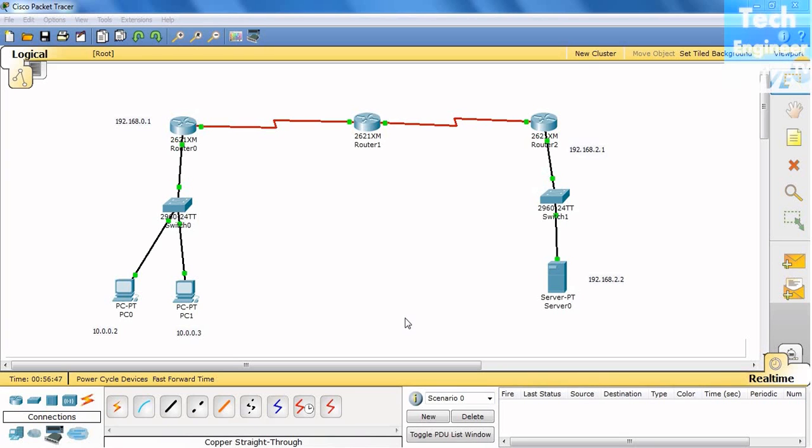In this tutorial, I'm going to discuss how to configure static NAT. NAT is network address translation, and it's used to translate a home network into a public network. For example, these two PCs having IP addresses 10.2 and 10.3